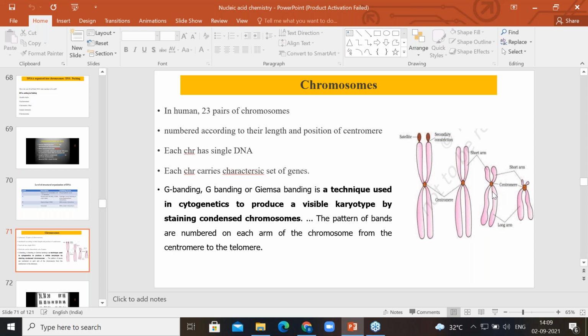In humans, there are 23 pairs of chromosomes which are numbered according to their length and position of the centromere. So can you see in this figure that this center dot, this rust orange dot,